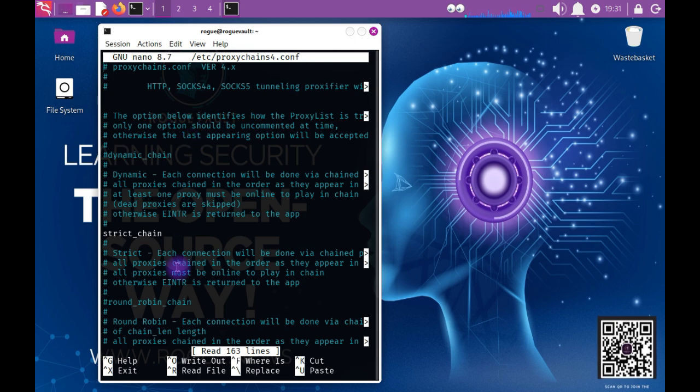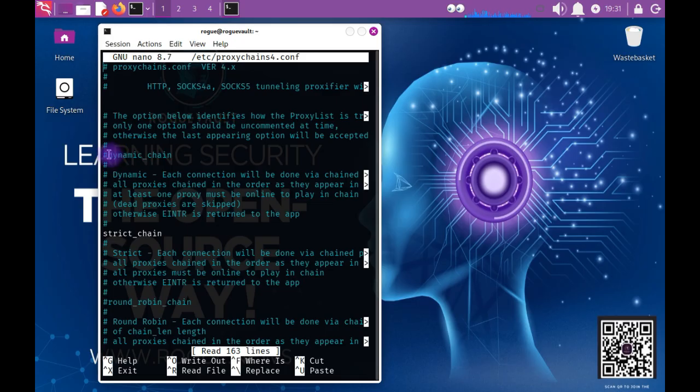And in this file, I don't want to complicate things by going line by line, so I'm just going to tell you what exactly you need to do within this config file. So first, we need to open the config file. Step number 2, inside the proxy chain configuration file,